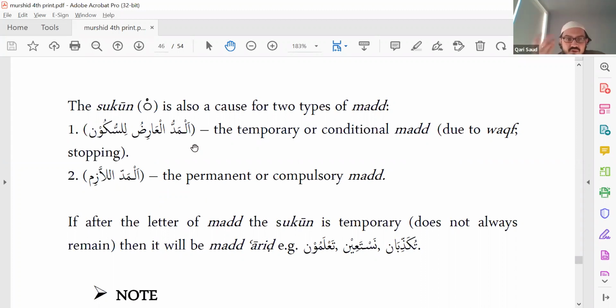Al-mad means mad, to stretch, to lengthen. Al-arid, we remember this in sifat, right? We have sifat arida, mutadadda, ghayr mutadadda, and sifat lazima. I hope you guys are reviewing. So arida means temporary or circumstantial, right? Those are the 11 that we remembered. Who has memorized the little poem? Anyone?